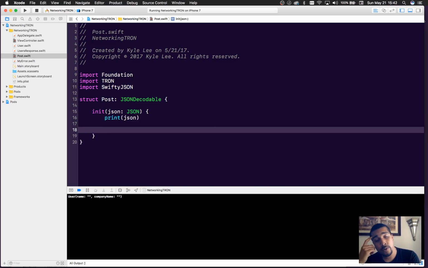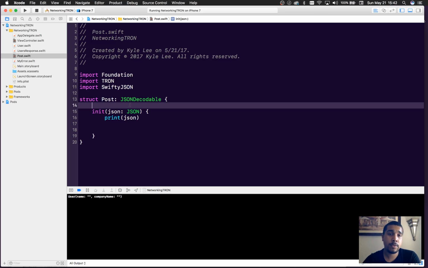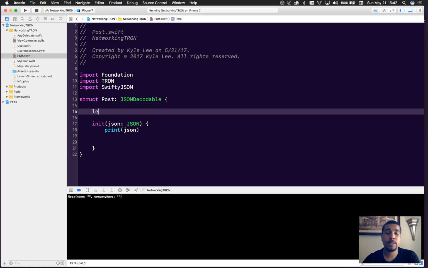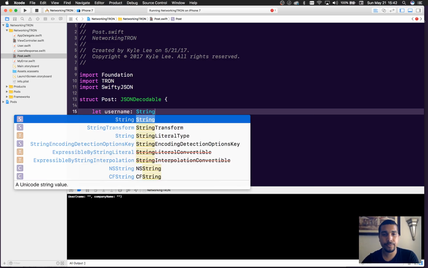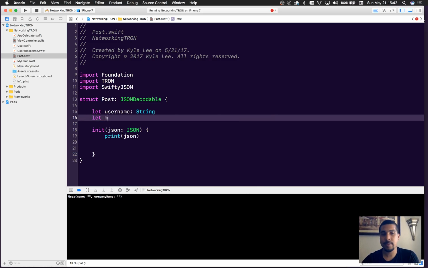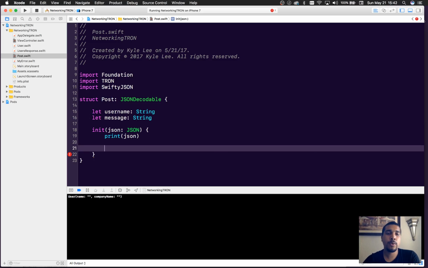And then what are we going to send to it? When we do a post, we want to send the person that's going to post it, so a username of type string, and a message of type string, right, something like that. So what we're going to do is just go ahead and parse this stuff